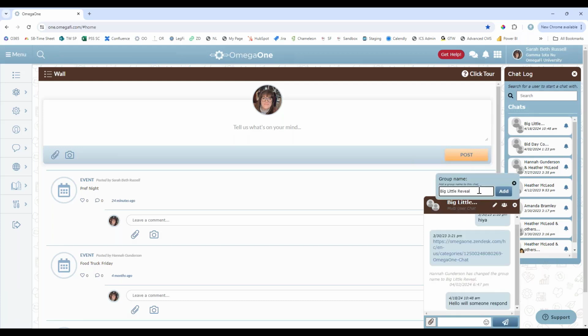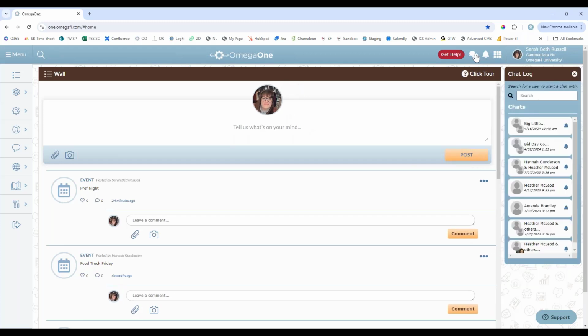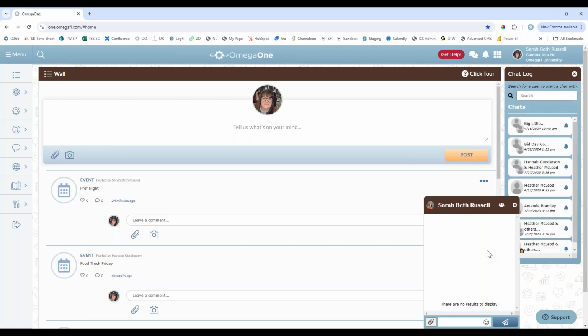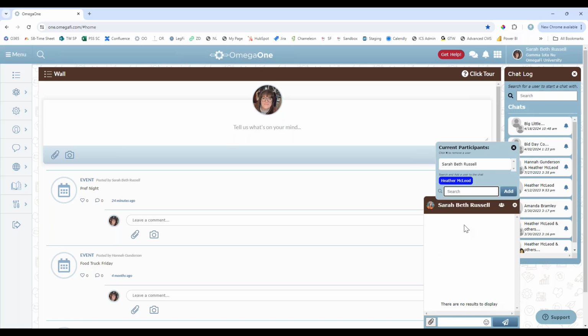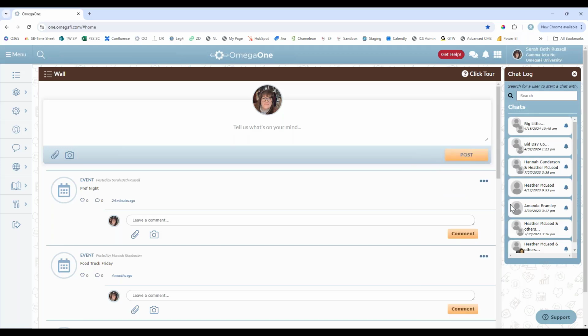You can now add a group name. So you can see some of these are named specifically, and then you can always hide that. If you want to start a chat, you would search whoever you want to start the chat with, start the chat, and then you can add more members to that chat. So if I want to add Heather into this chat, I can do so. But this is just the chat information.